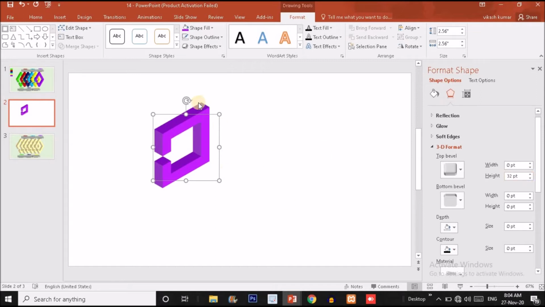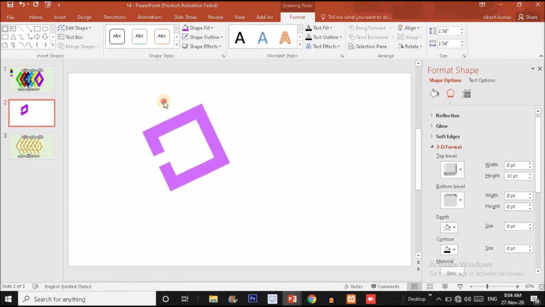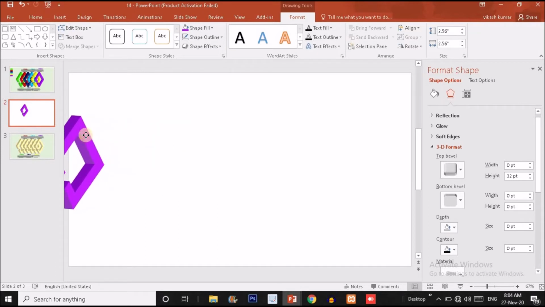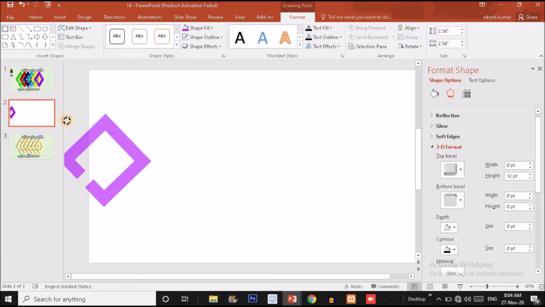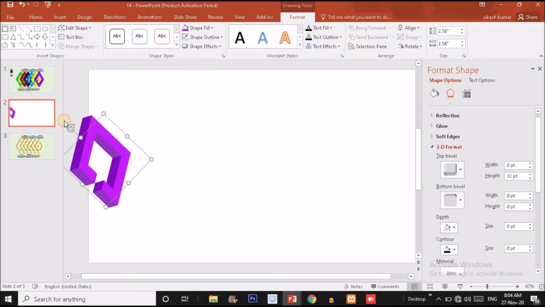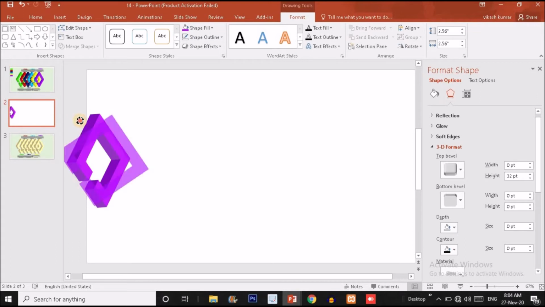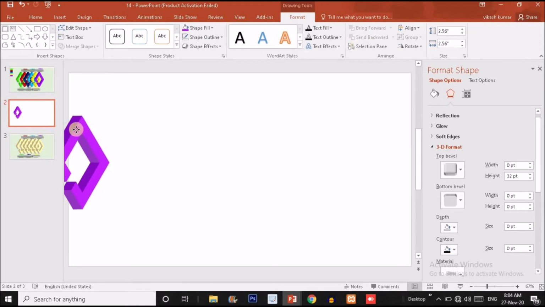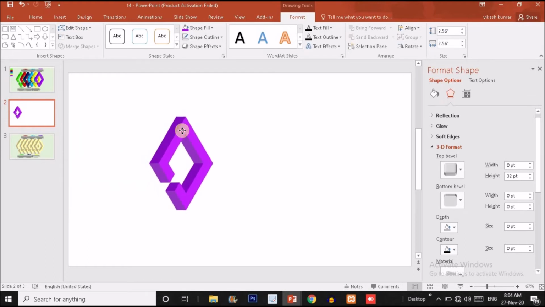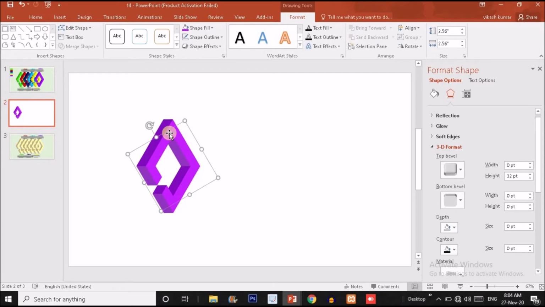So you have to put it something like this much. Okay, now you just have to rotate it something like this. You can put this shape over here so that you can get a reference whether it is vertically aligned or not, or you can use the grid to do this. So this is vertically aligned, guys, as you can see. Yes, now put it over here, guys, like this.